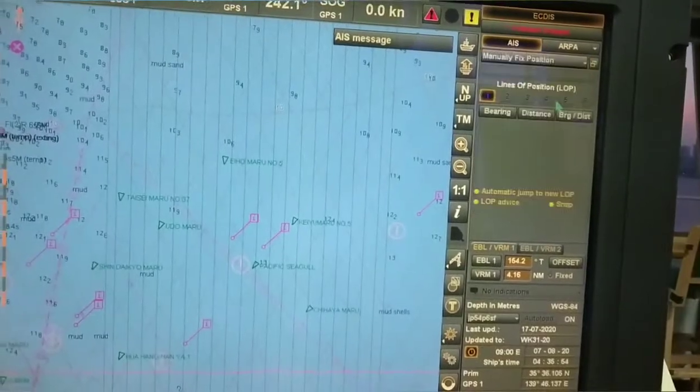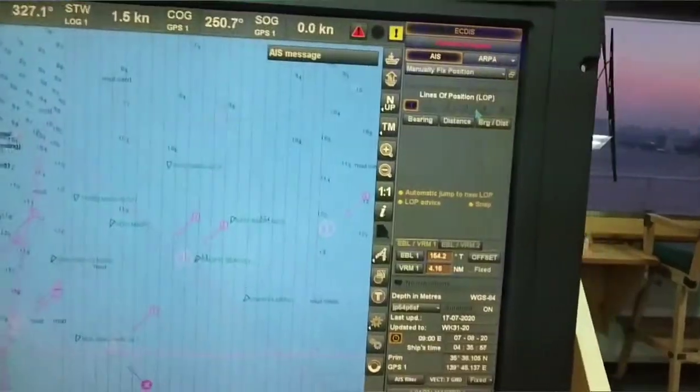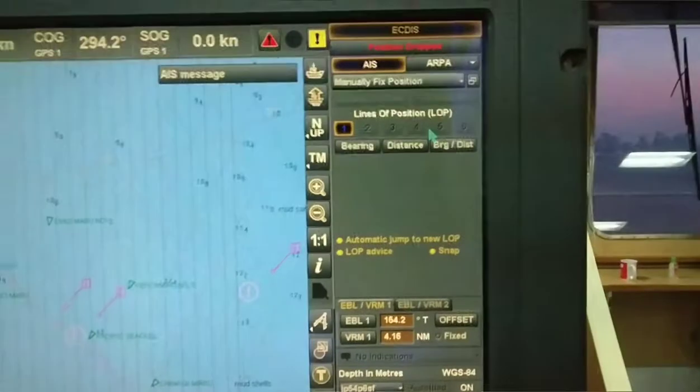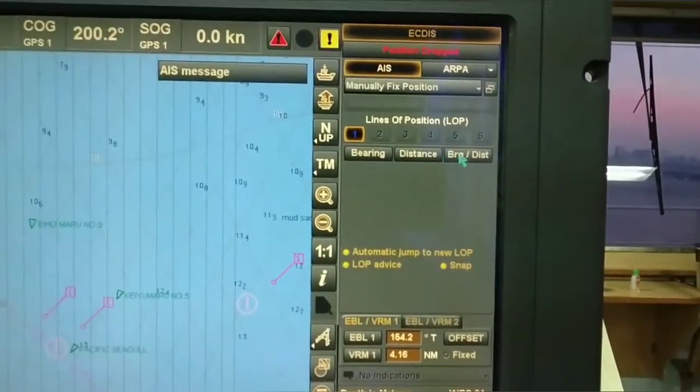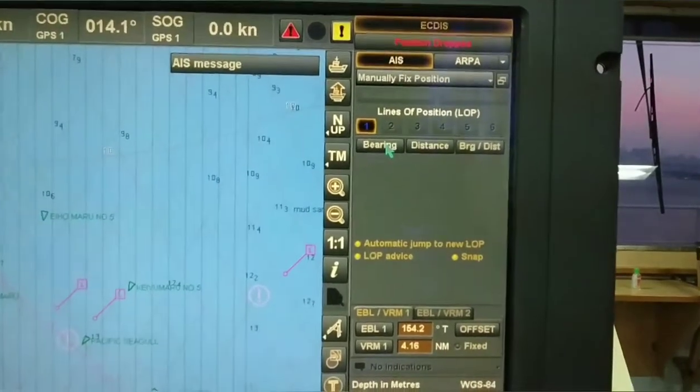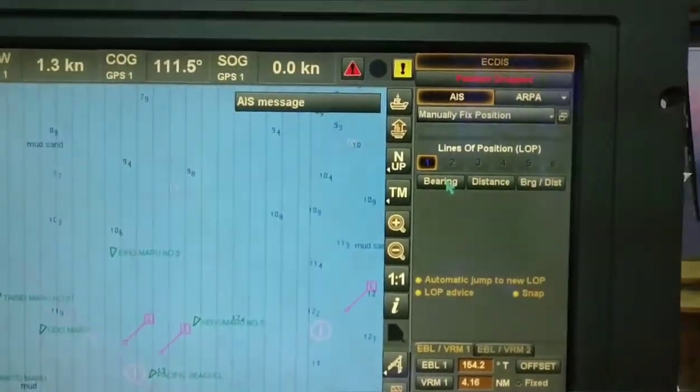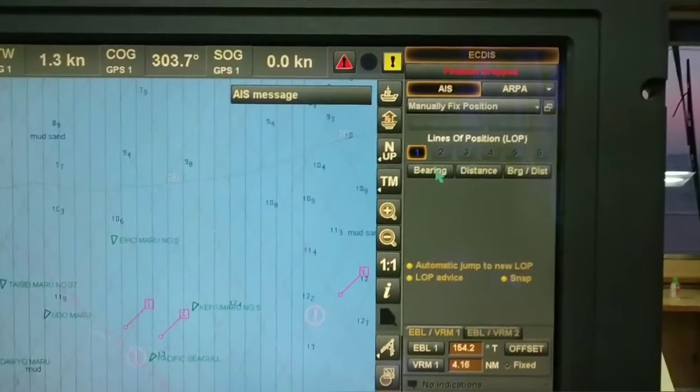Next is manual fixing position, which is also called line of position. Three things are there in manual fixing: bearing, distance, and bearing and distance. If you want to get your manual fixing through two bearings, just click on bearing.